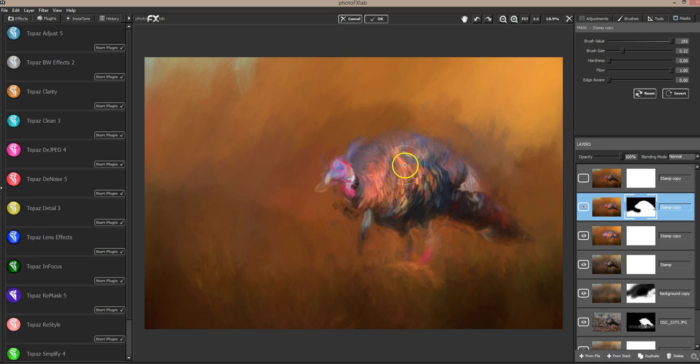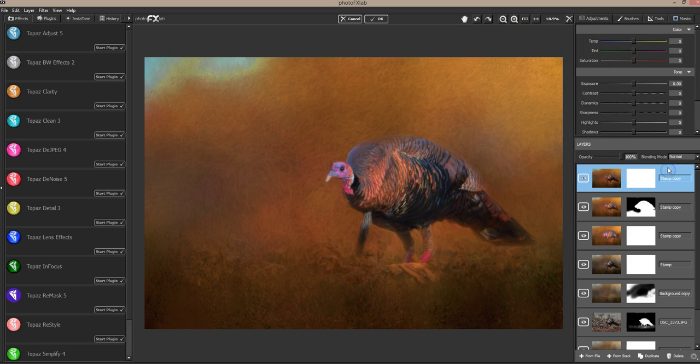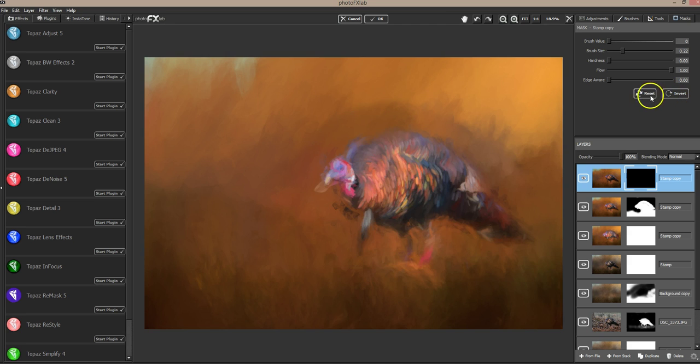Now we're going to fine tune our turkey. So we're going to go to the small strokes one, turn that layer on, get on that layer, and at this point I can mask it all away, which would take just a second, but I can actually click on invert, which is going to give me a solid black mask. Now I can put back where I want my small strokes to appear. So I move the brush value over. I know I want small strokes in my turkey, so I'm going to brush on him